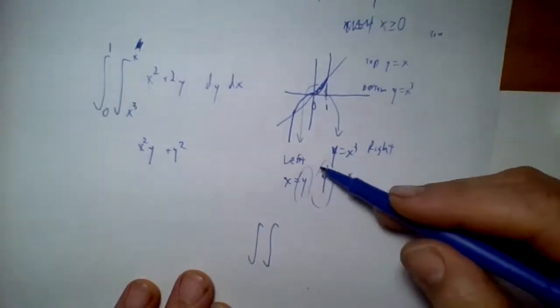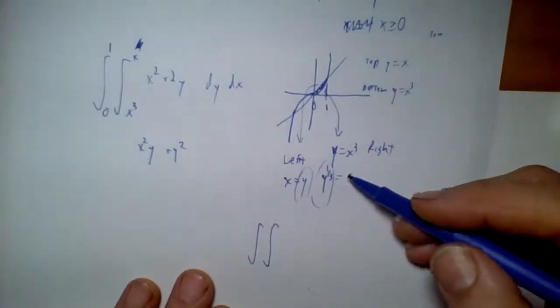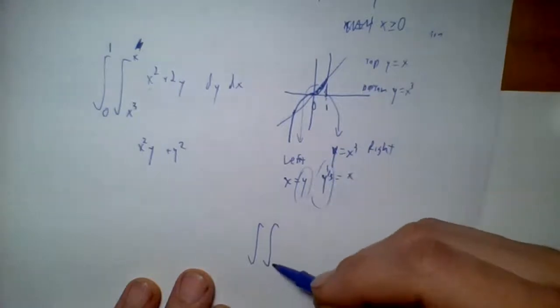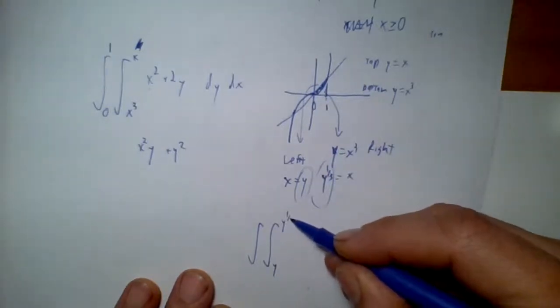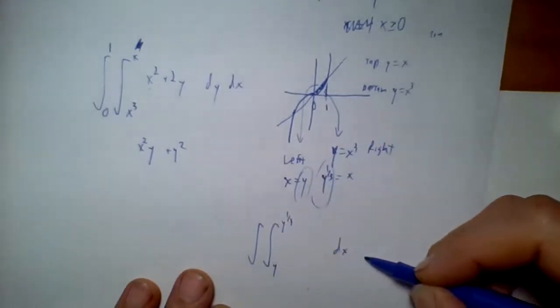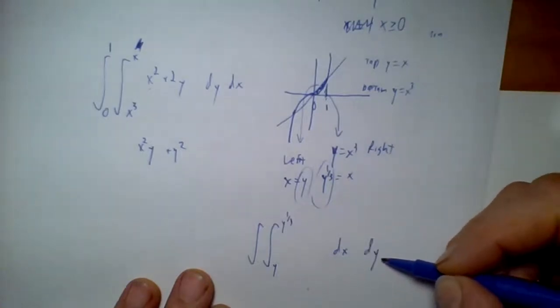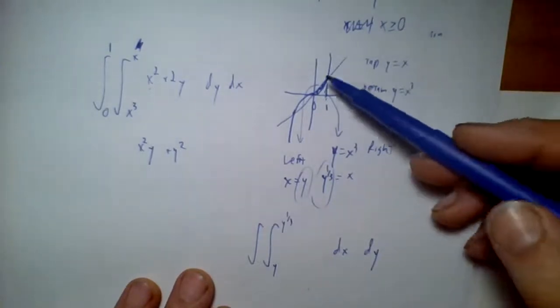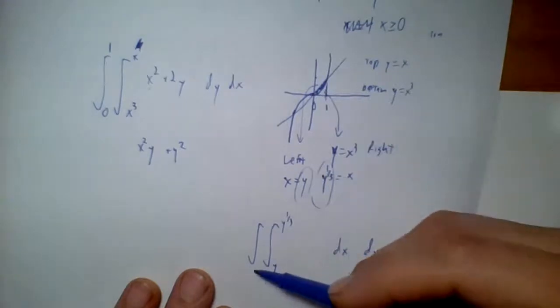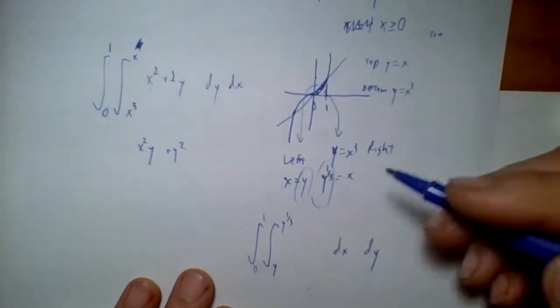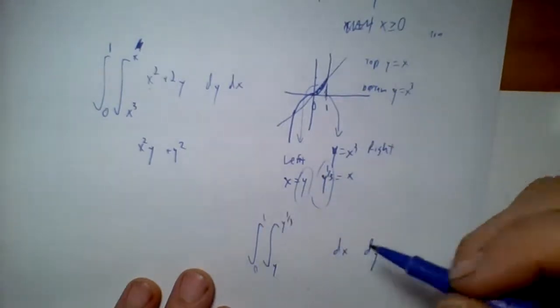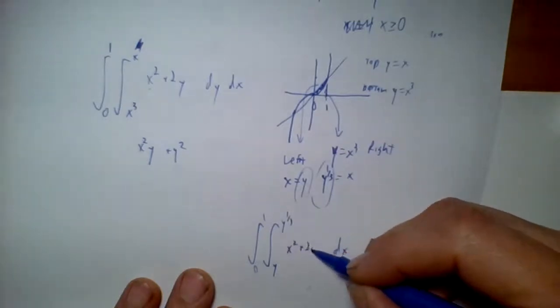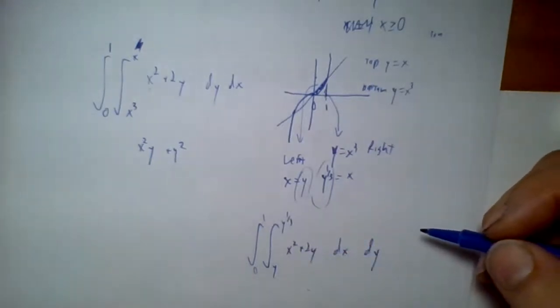If I go with left and right as functions of y, then I'm going from left to right. And that's got to be my dx integral. So dy is on the outside. The y values are going from 0 to 1. The y-axis, those would be the numbers out there. Function still sitting in here, but I'm doing the antiderivative with respect to x next. So that's going to look quite a bit different at the next step,